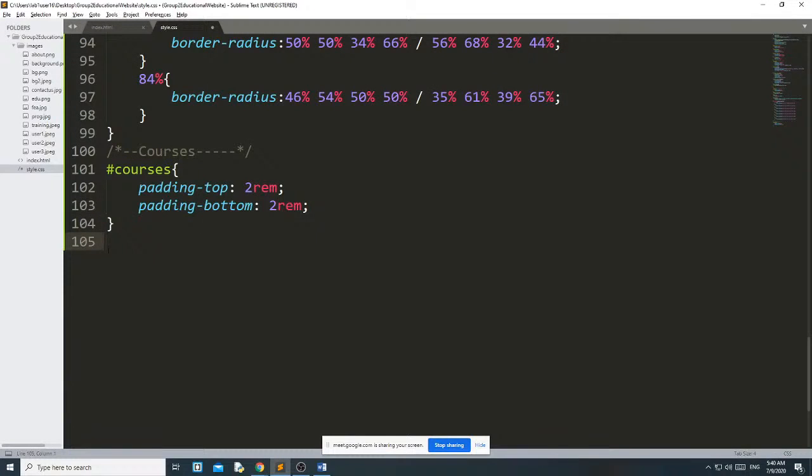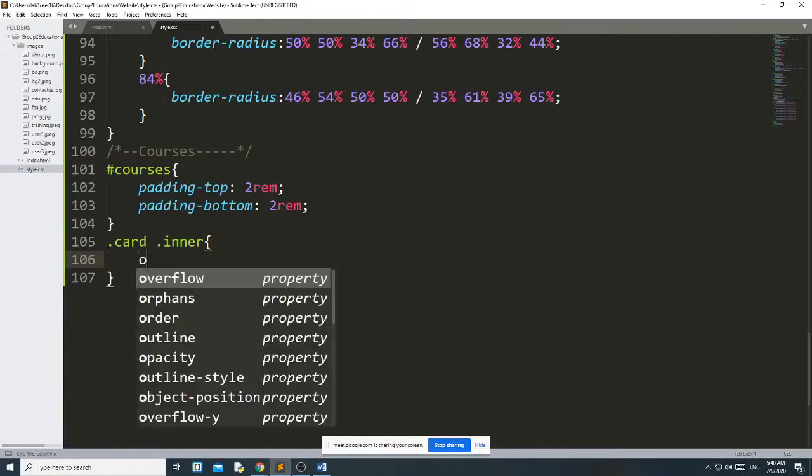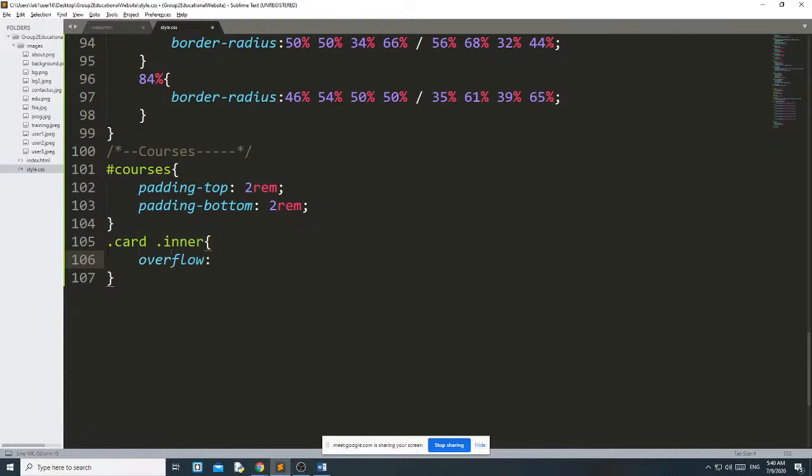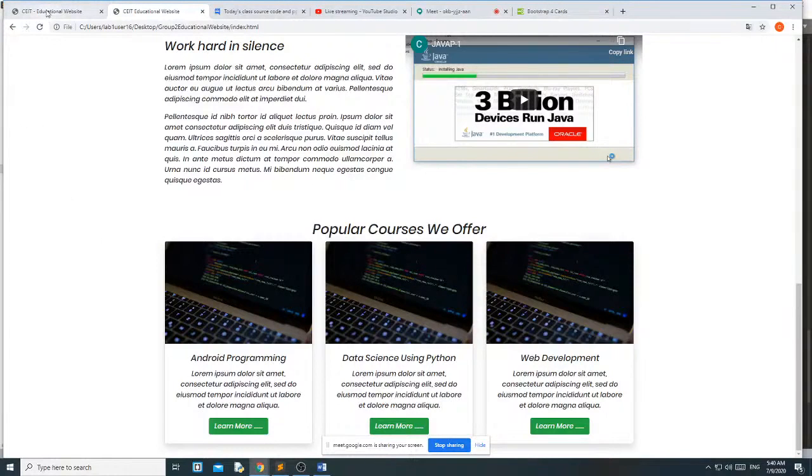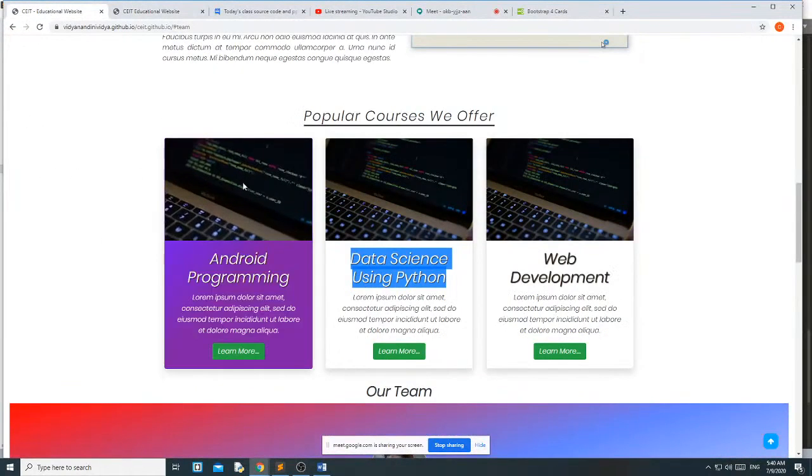Now I want to first style the image. The inner is the class given to the image, overflow hidden. I will tell you what the use of overflow hidden is. I will explain it. Okay, and you can see here I have applied some